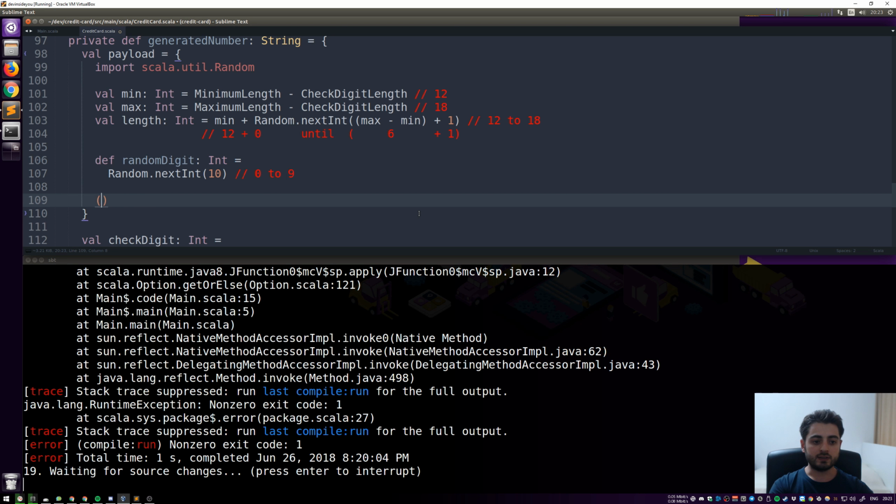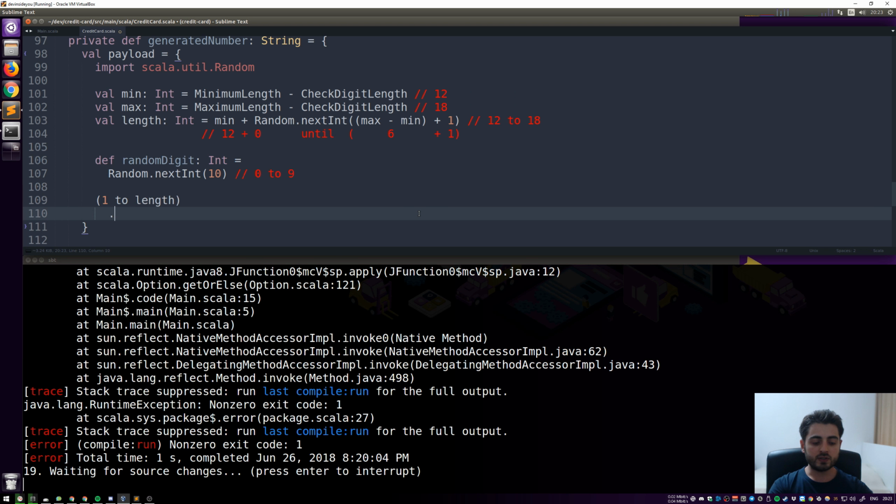Okay, so now we're going to construct a range from 1 to length, and we're going to walk through this range again with a map. We're going to ignore the values, because we just need to traverse something 19 times, 18 times maximum, somewhere between 12 and 18 times, and we need to generate a random digit. Very important, you should have a def here, not a val, because if you have a val, then you're going to generate, let's say, 13 times the same character. So we're generating the random digit,